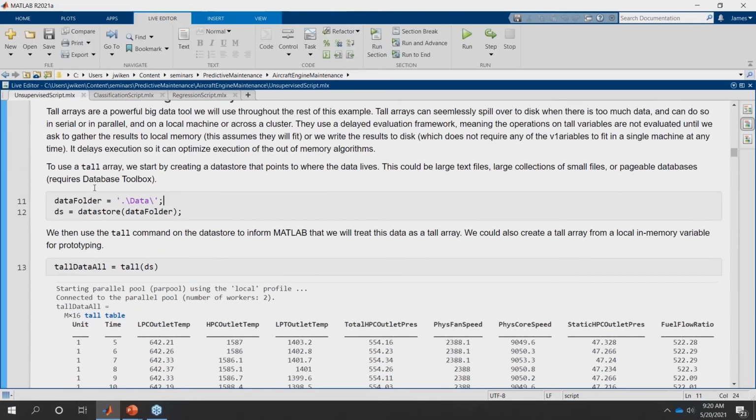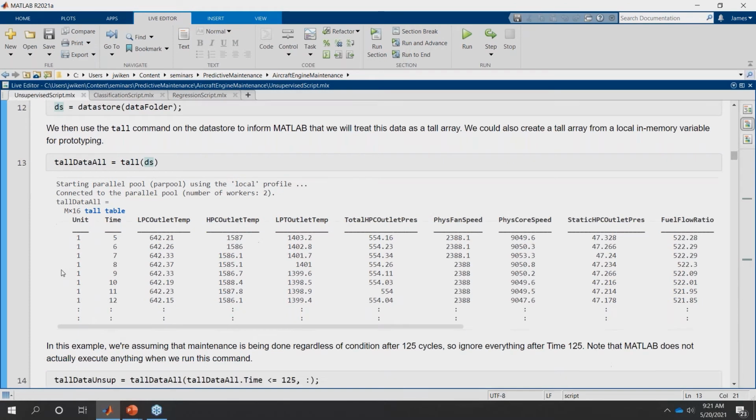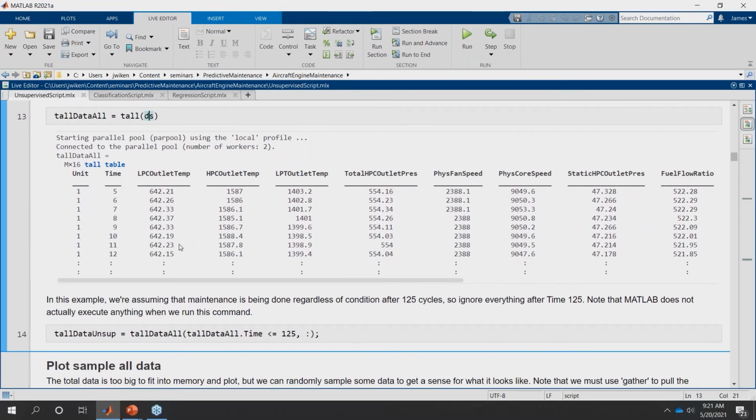Okay, so we're going to go back to our data, and this time, instead of loading in just the one file for engine number one, we're going to load in all 100. To do this, we set up something called a data store, point it at the folder containing all of our data, and then create a tall array out of that. This is just loading in all those files and concatenating them together because they have the same structure, and storing them in one big table. The tall array is there for if that data is too big to fit into memory, which in predictive maintenance it often can be. This makes it really easy to scale to whatever size the data is without having to change how the algorithm is implemented.